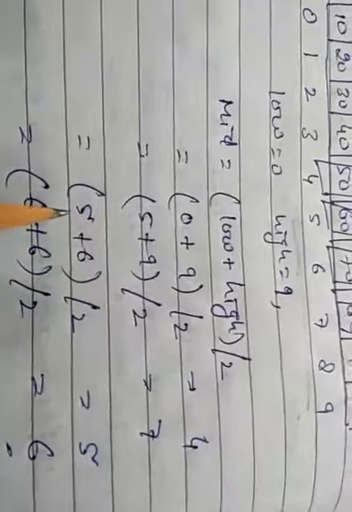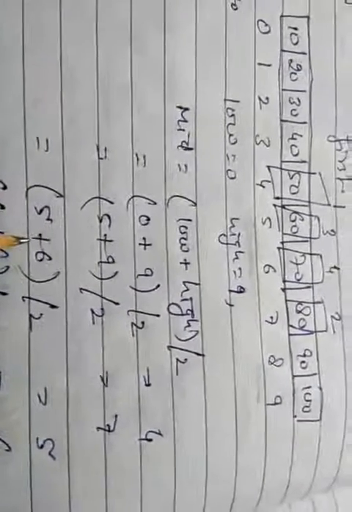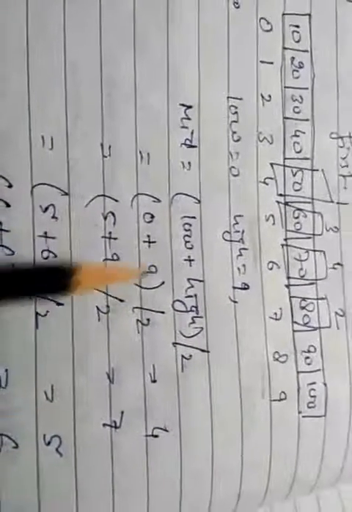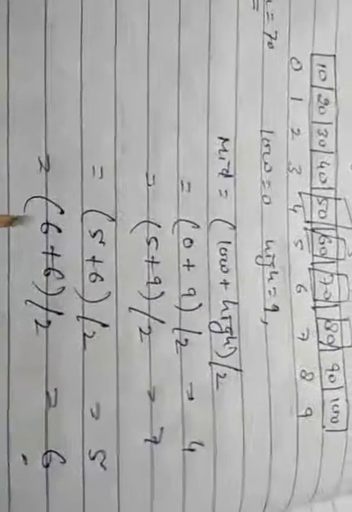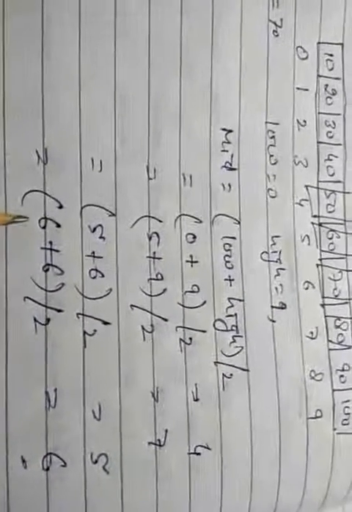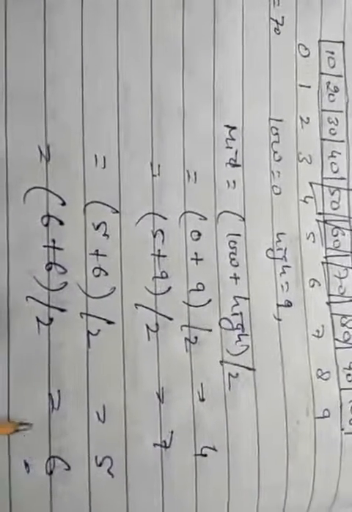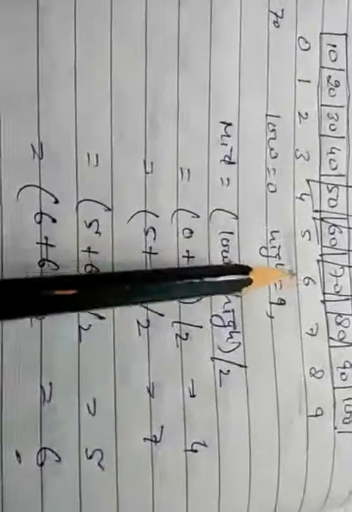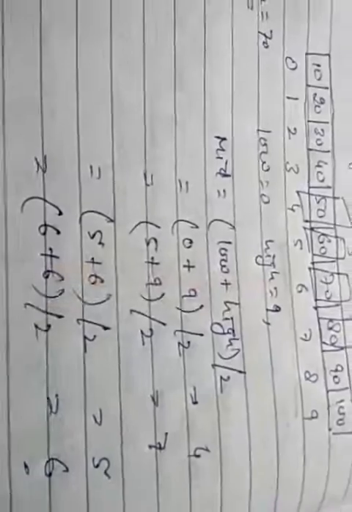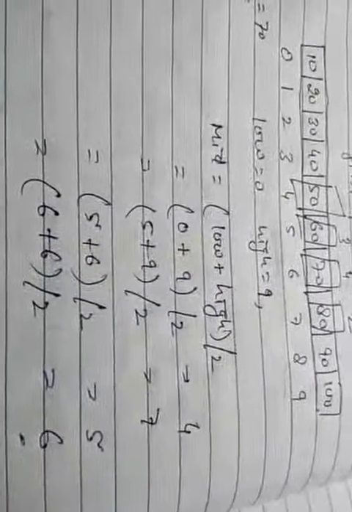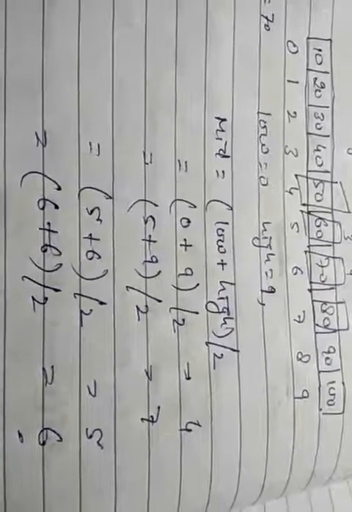Again we are calculating the middle element, that is (5 plus 6) divided by 2. So in the third case we are getting 5. At index 5 the number is 60. So this is again not equal. Then we will move to the next condition, that is greater. So the value of low will be changed. This will become low value of 6 and high is 6. Then we will get the mid element 6, and this is equal to the number we are searching. Or if this number is not found in this array, then we will print search unsuccessful.